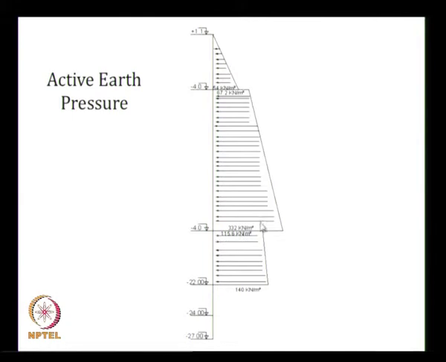The overburden pressure is the same, Ka gamma h minus 2c into root of Ka. Even if it is a sandy soil with different phi, the values will be different. I have taken it up to minus 22, below minus 22 I am not taking, because Ka gamma h minus 2c will become negative. If it becomes negative, do not put negative pressure, negative pressure does not exist.